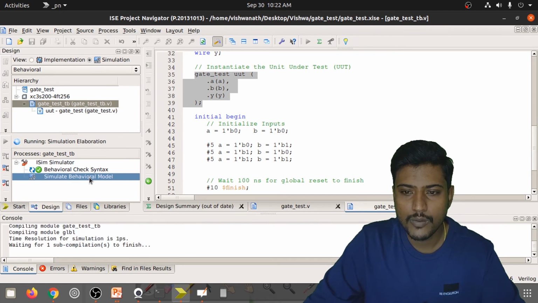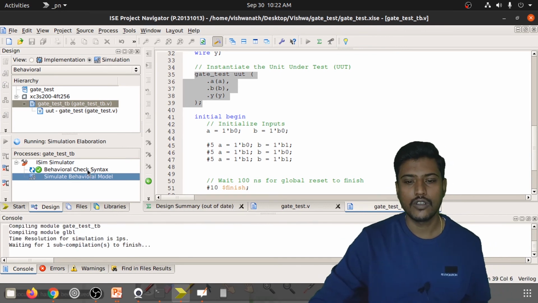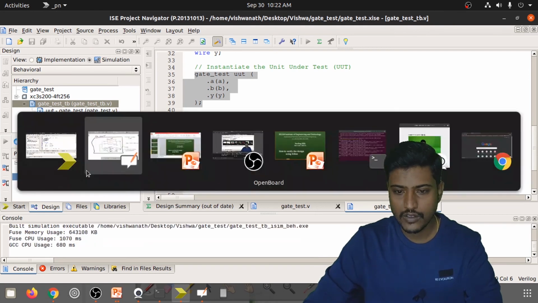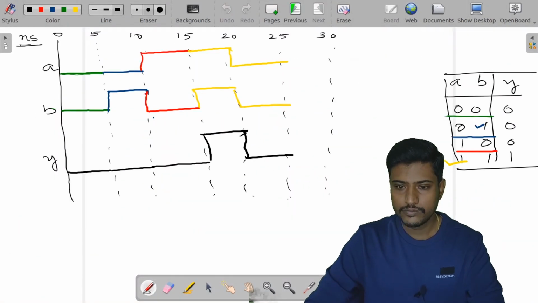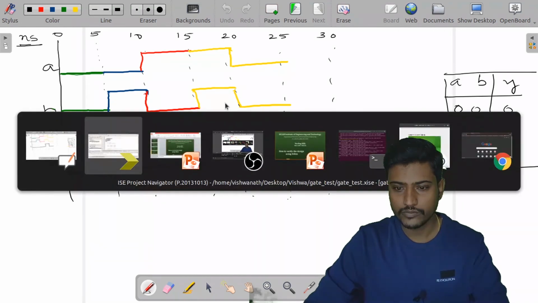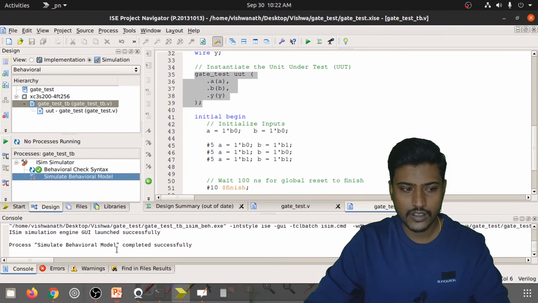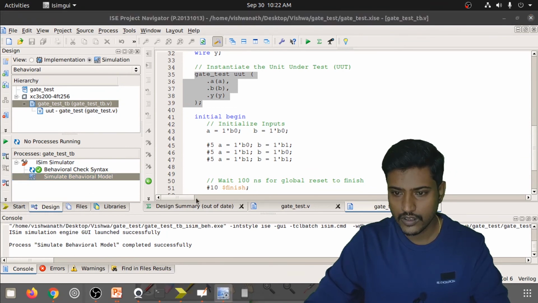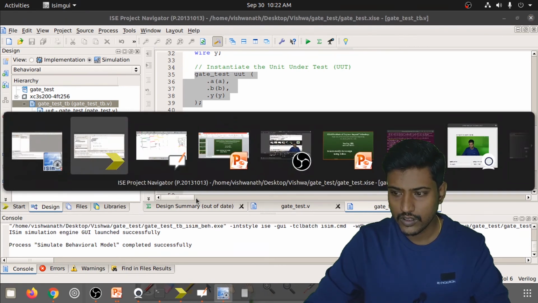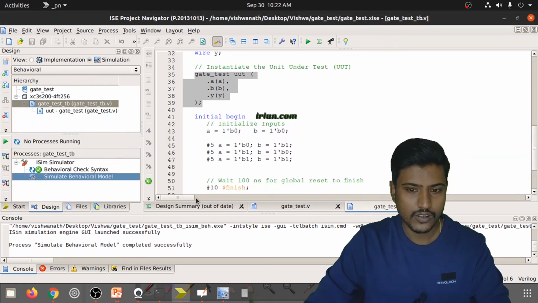You will be opened up with a waveform window, the window that we had seen over here, right? The same type of thing that we have written in this particular file will be present over here. Let me check.